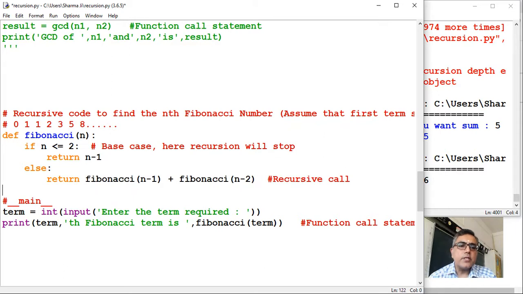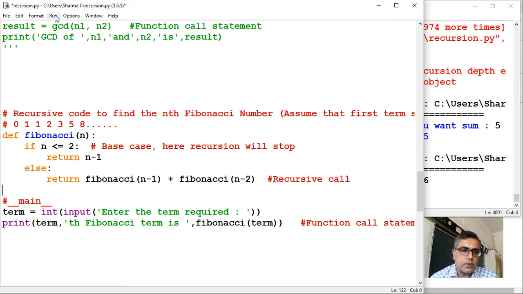Now let us execute this code. See, only 3 or 4 lines of code. You have Fibonacci, the name of the function, and the value of n. If n is less than or equal to 2, that means if n is either 1 or 2, so you need at least two members, right? For that this condition is written. If it is 1, it should return n minus 1, that is 0. If it is 2, it should return 1. So the series is starting from 0, right?